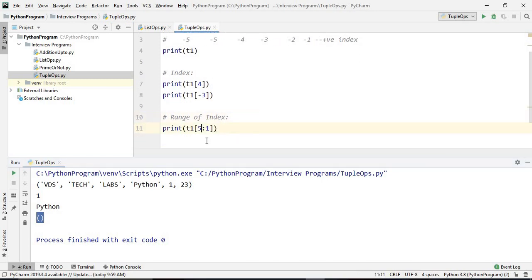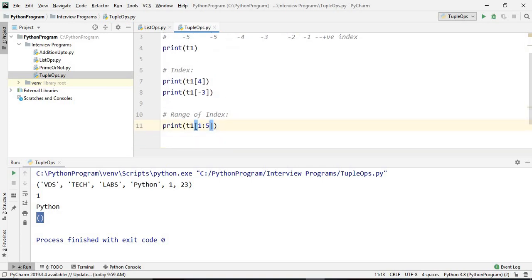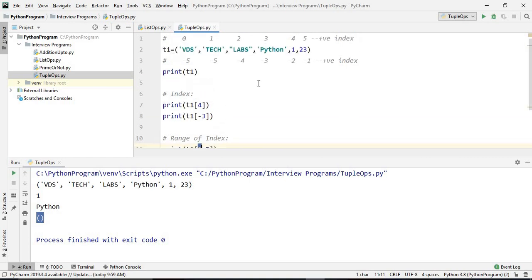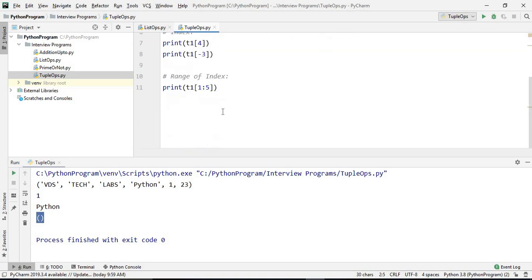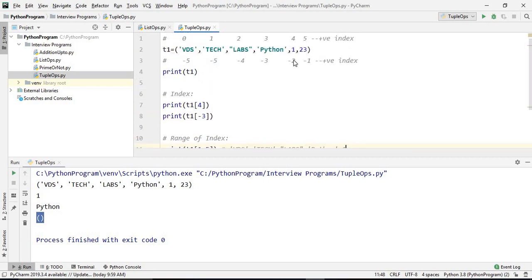Okay, and if we take 1:5, then it will start from 1 up to n-1, I mean up to the 4th.